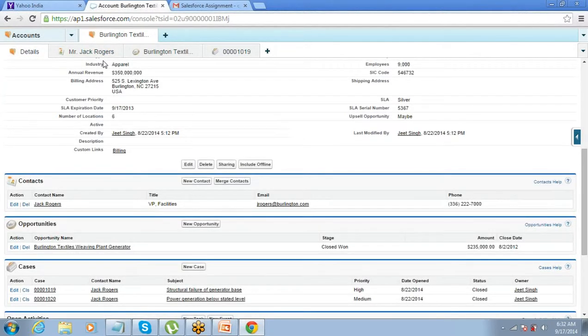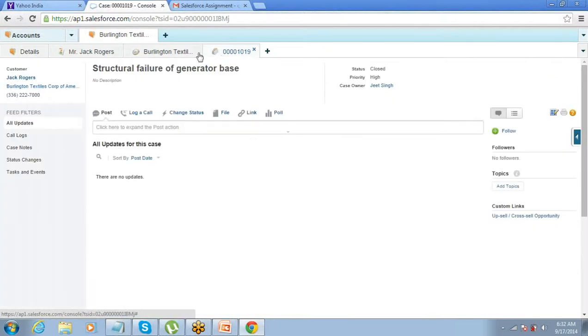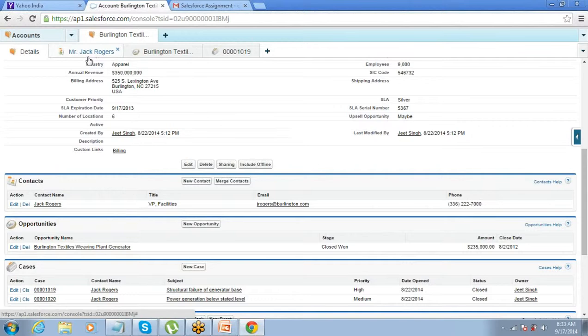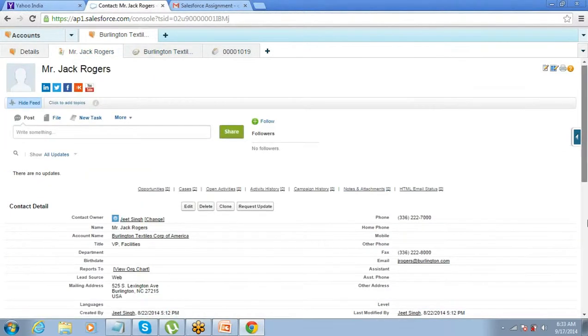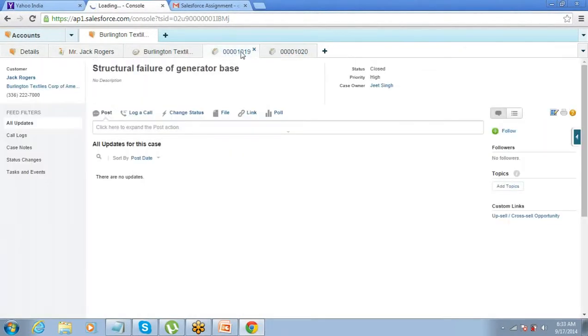In a custom app, what usually happens is, if I click on account and then I click on contact, the account is gone and I enter into the complete contacts page. Again, if I have to come back to account, I have to go and click on the account. Now nothing is getting closed, everything is here. Fine, and it's all Ajax functionality which is helping you switch from one record to the other record, the parent record, child record, very quickly. Then you will think of another case you have to look into.